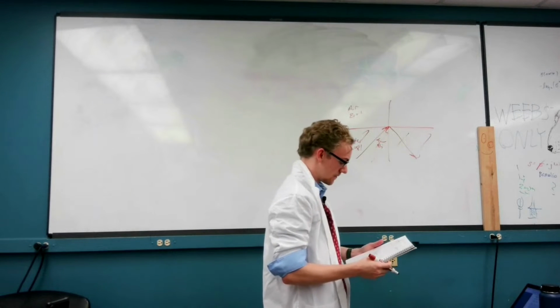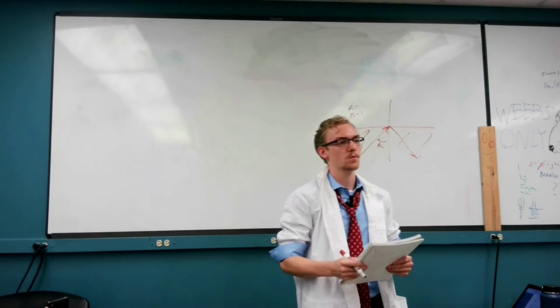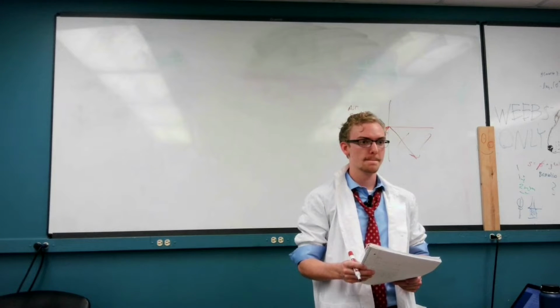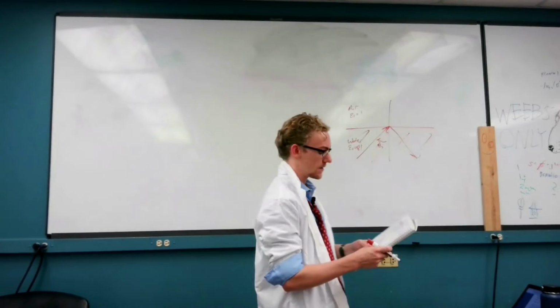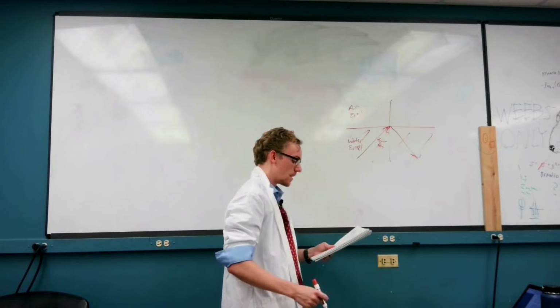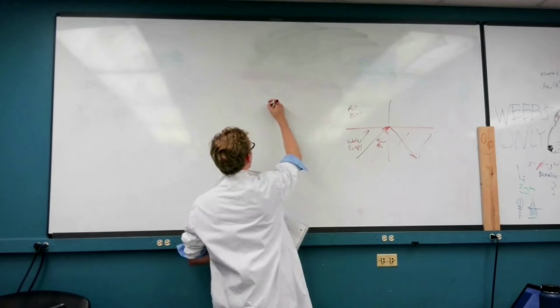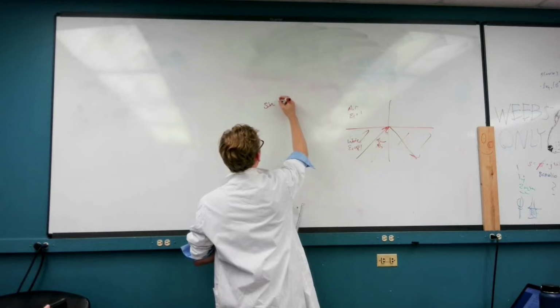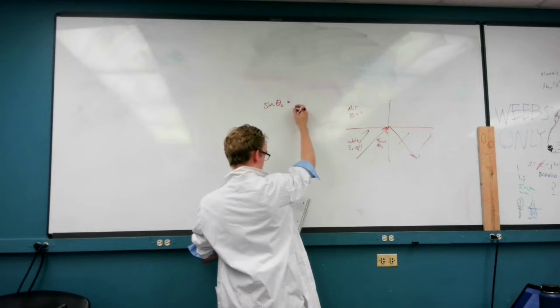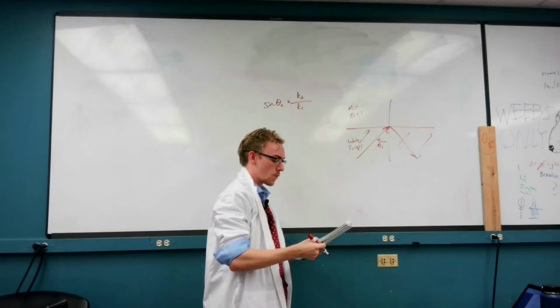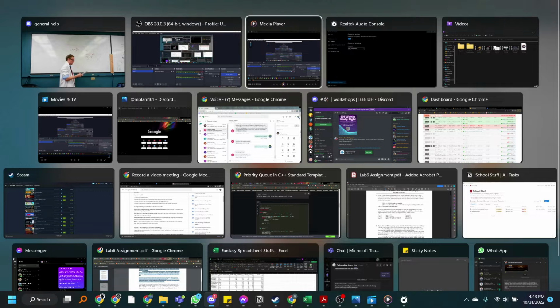So critical angle. Any guesses? How do we approach this problem? Snell's law. That is, in fact, exactly what we're interested in. So in the specific case where we're looking for the critical angle, there's actually just a really simple formula that we can use, where sine of the critical angle is equal to K2 over K1. So it's a comparison of the wave numbers. And this ends up simplifying into, if we remember that for